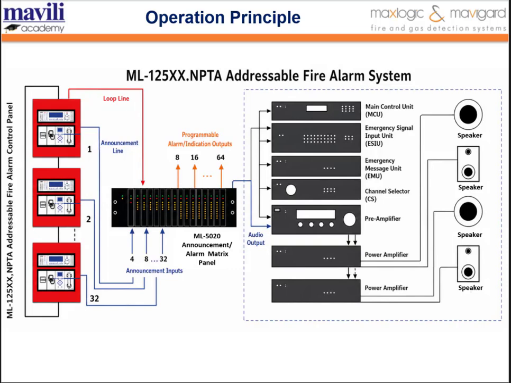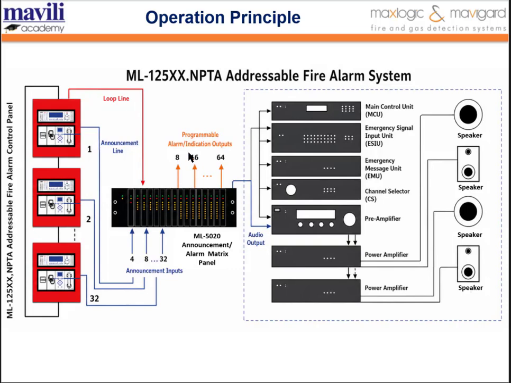As can be understood from the provisions of the regulation and standards regarding emergency announcement systems, in the event of a fire in buildings where evacuation is difficult, the evacuation of people or their movement to safe areas within the building must be ensured by broadcasting voice messages. To serve this purpose, the necessary equipment to provide an audible alarm should be installed in the announcement system or in the building. And announcement and alarm matrix panels should be installed to control the audible alarm and announcements from the fire alarm system.